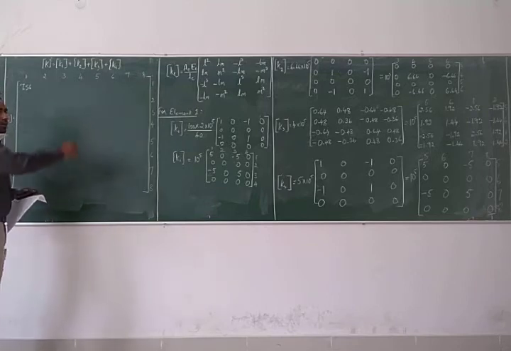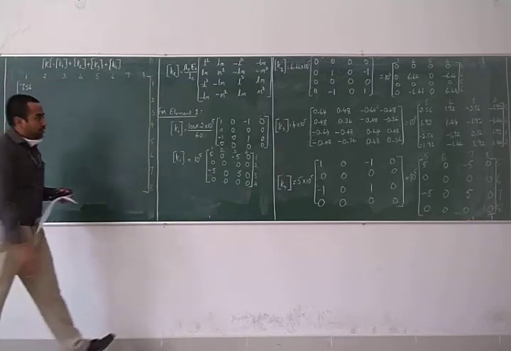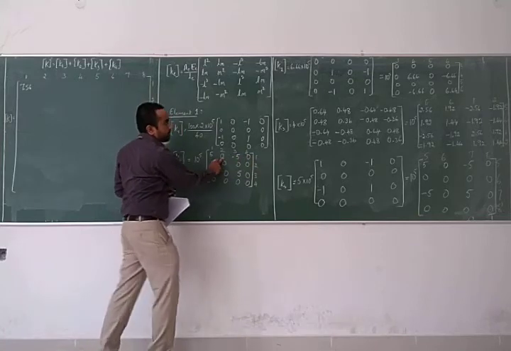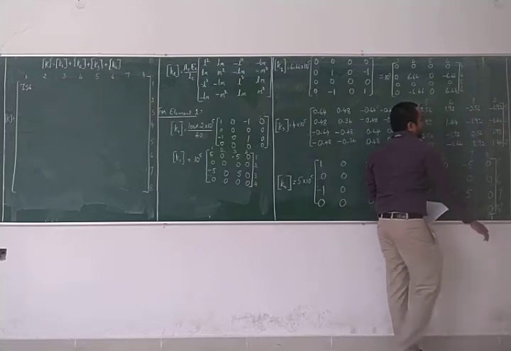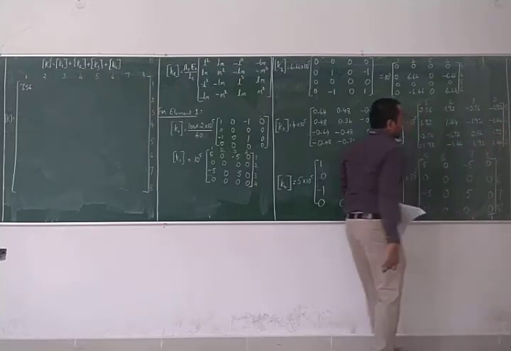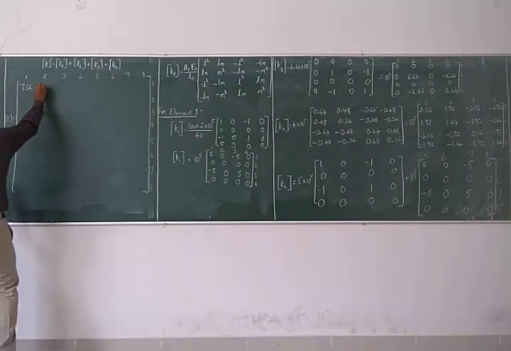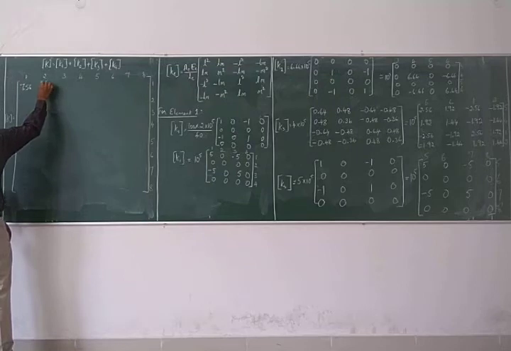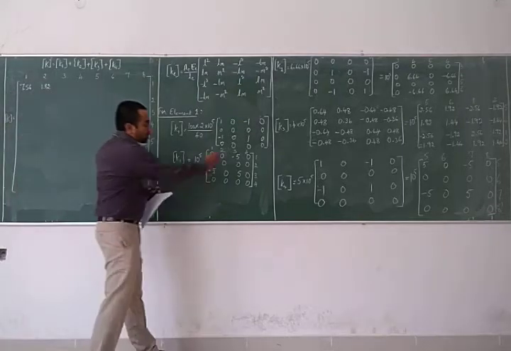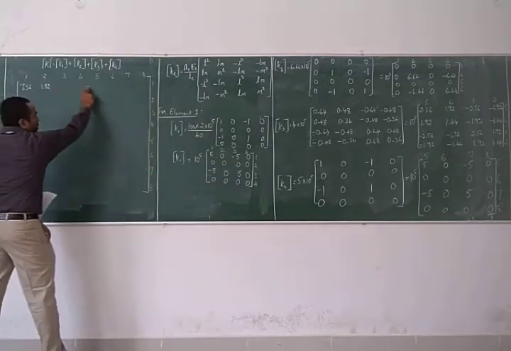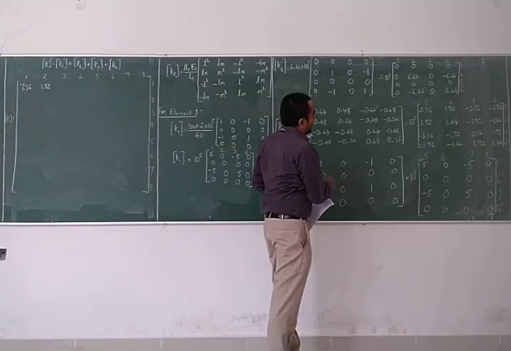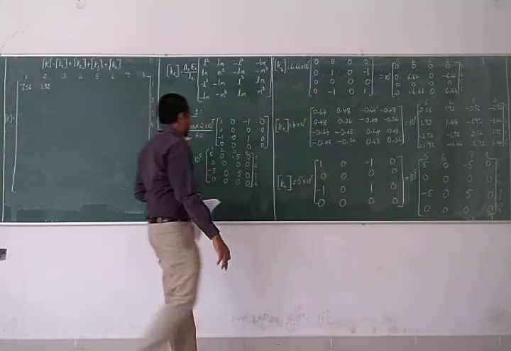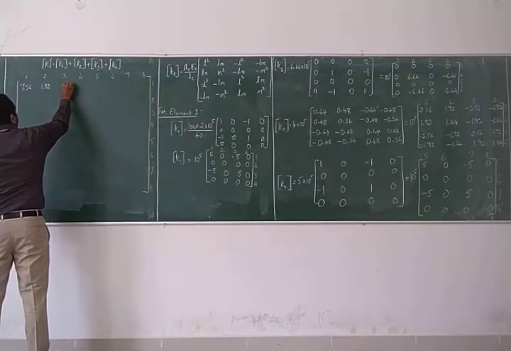Now coming to column 2 row 1. Column 2 row 1 is 0 here. Similarly, column 2 row 1 is minus 1.92. So minus 1.92 is the value for the second term in the first row. Next, column 3 row 1. Column 3 row 1 is what I need. Column 3 row 1 is minus 5. Is there any other term? Column 3 row 1, there is no other term, so it is minus 5.